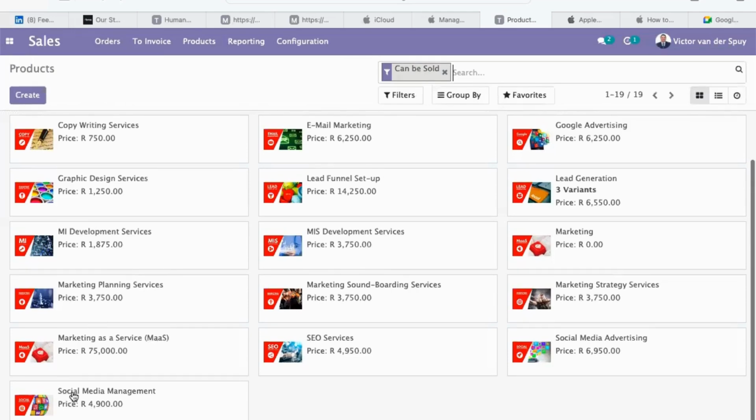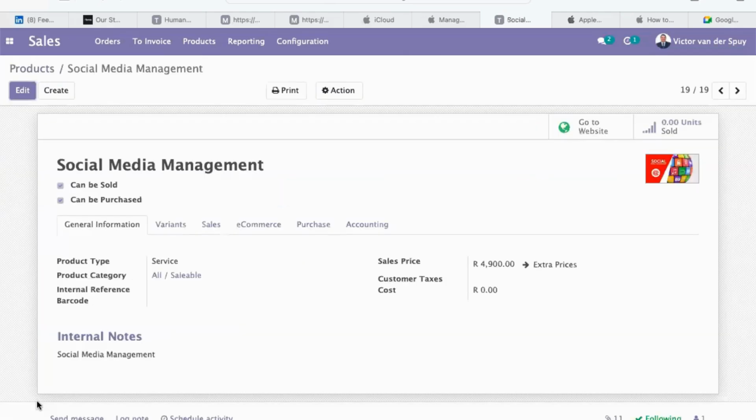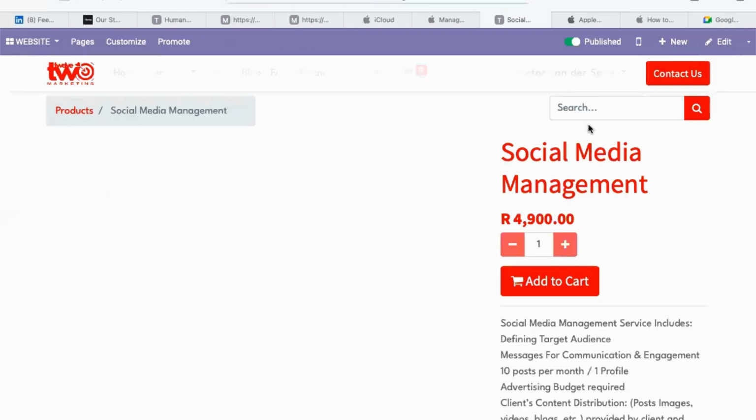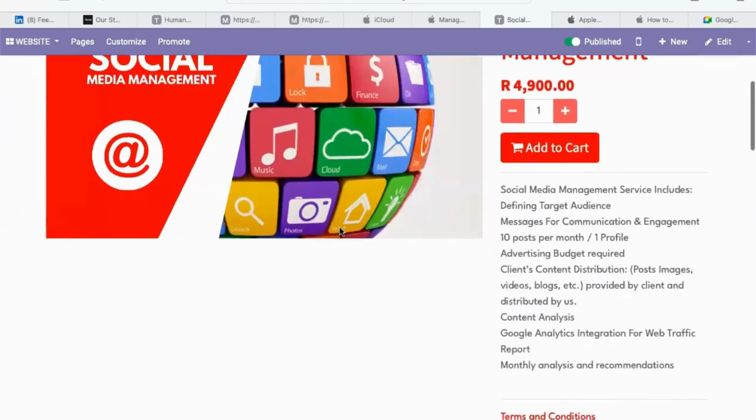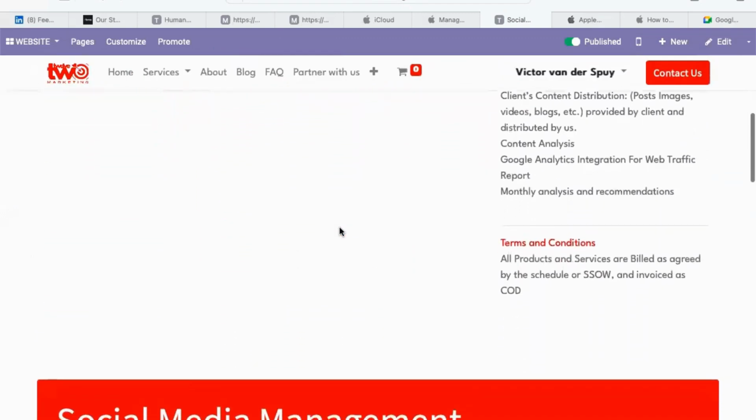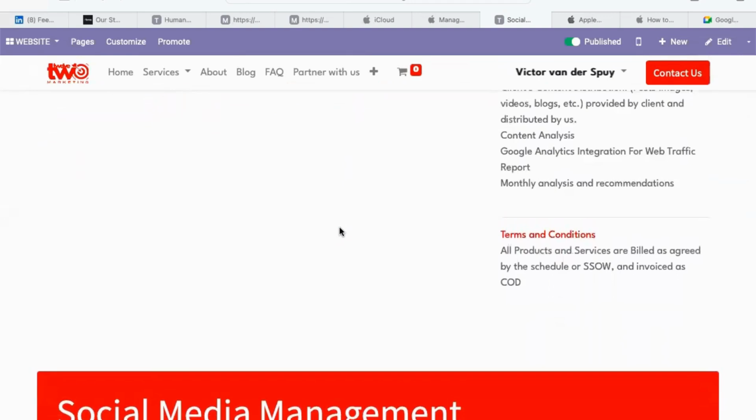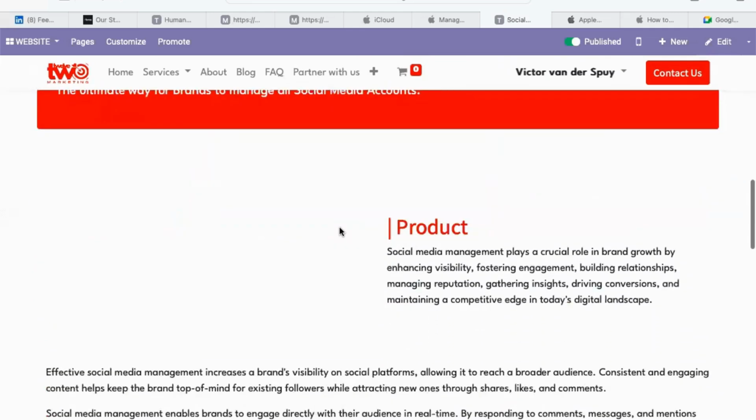I skipped this one here. Social media management goes together with social media advertising. We, in the past, have had many clients who didn't want to actually run social media ad campaigns, who just wanted social media management. That is for a client like that, who just wants someone to look after their social media channel, be it Facebook, Instagram, Twitter, and just look after the management of the brand on these channels. All right, so